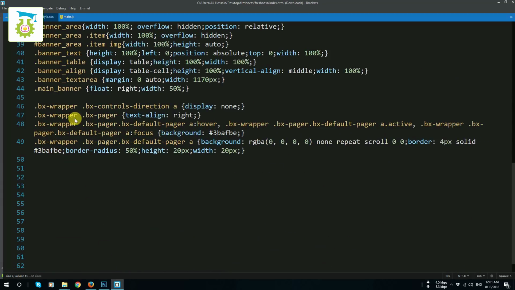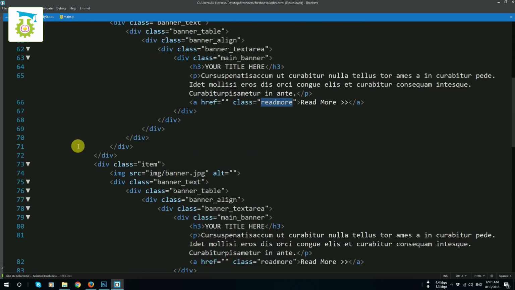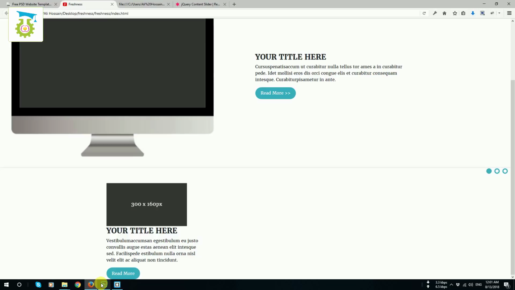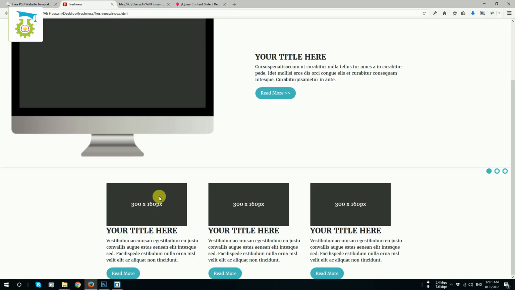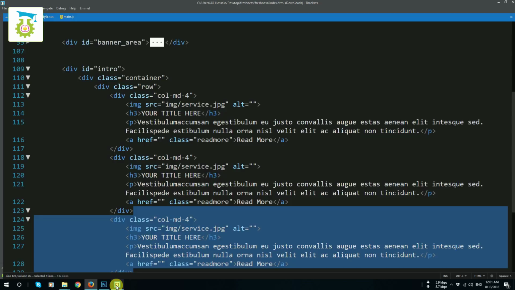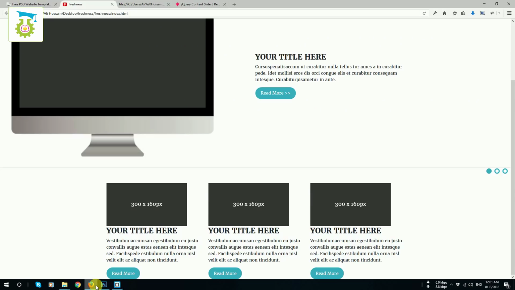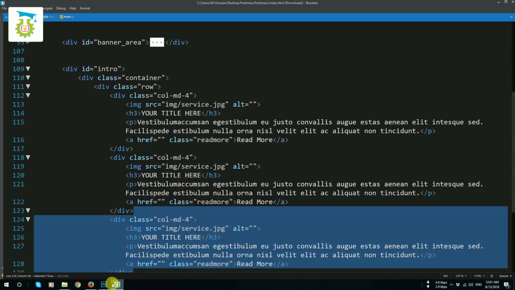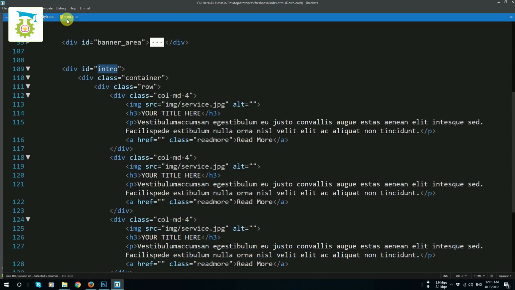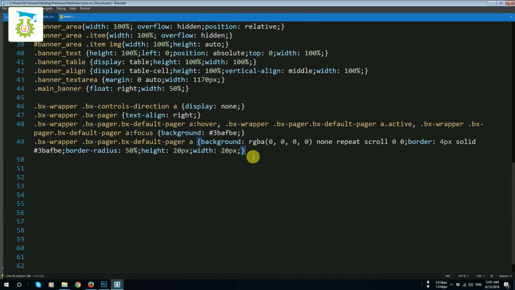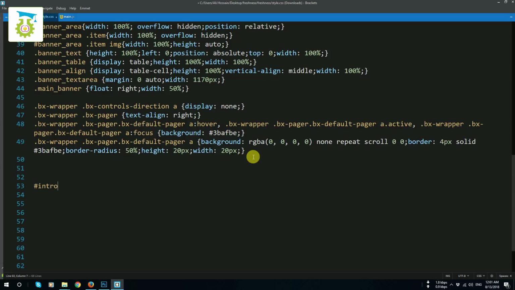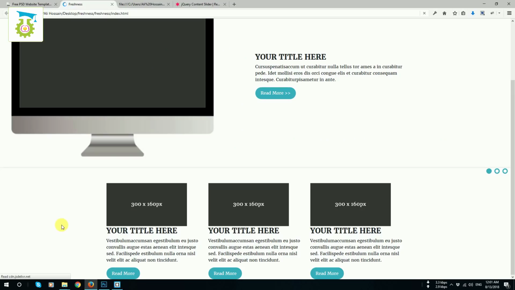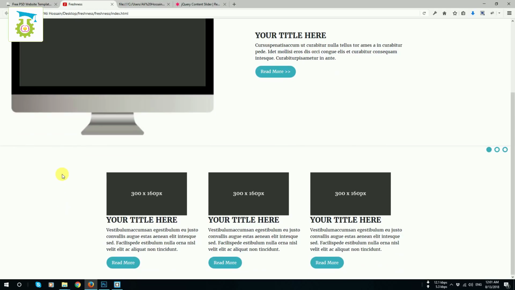Okay, now I need to duplicate this area 1, 2, 3 times. Okay, now if I refresh, you can see 3 items are here. Okay, now I need to do some fixing. So our first thing, our ID name was intro, so I need to add some space, and I will write here the intro ID, and I will use padding 40 pixel and then 0. Okay, now if I refresh, you will see such like that. I have some space,